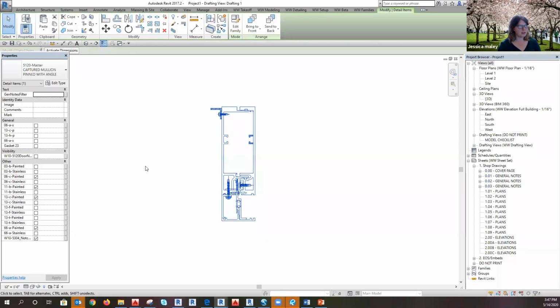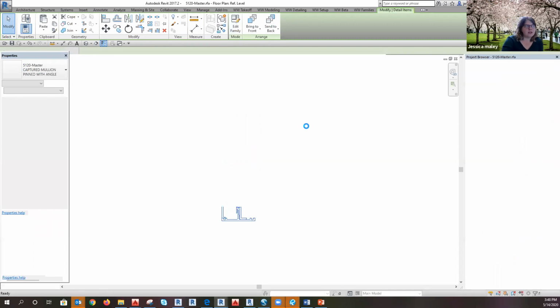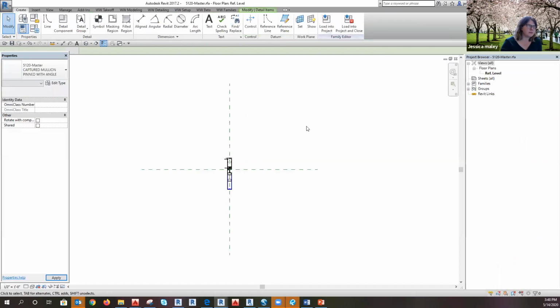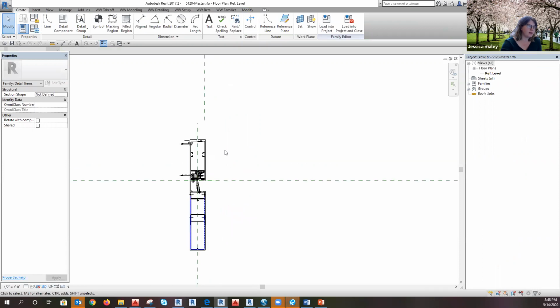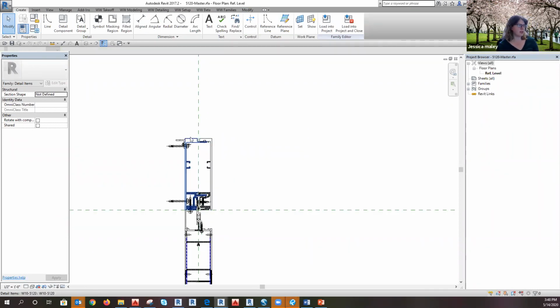And so my idea is to go into edit family, where you could basically place all the parts and pieces that could be tied into